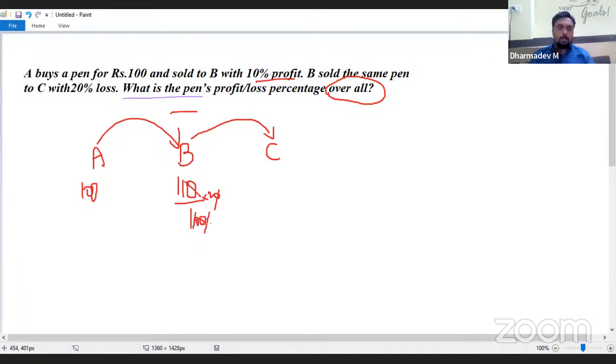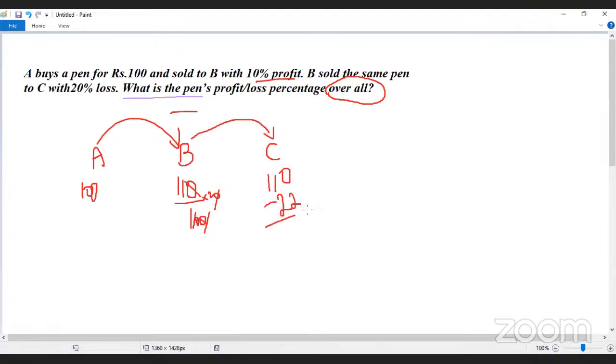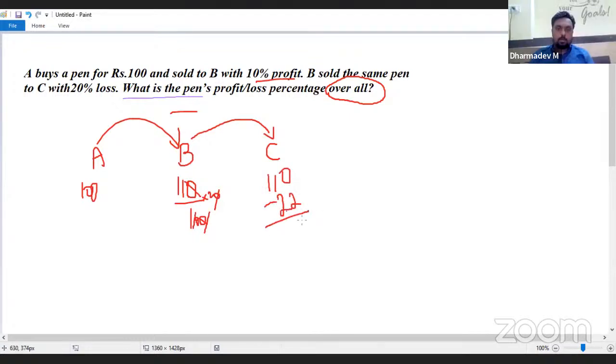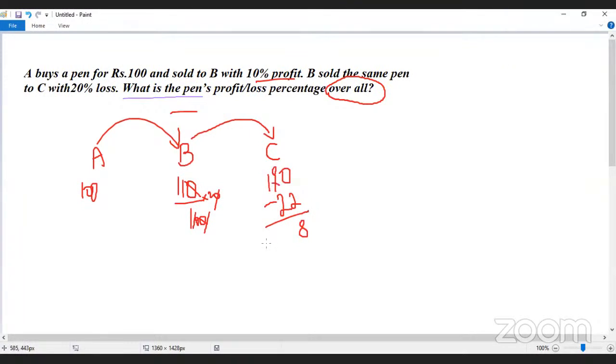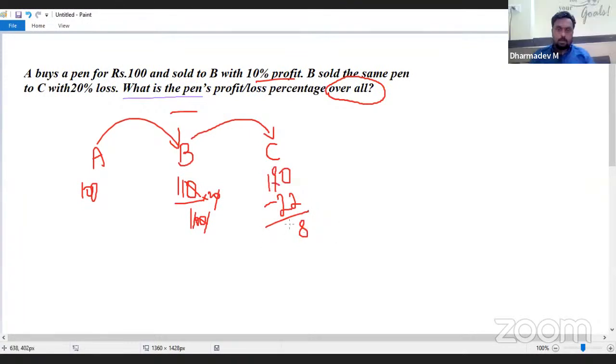So 22 rupees loss means 110 minus 22. He paid only that much. So overall it's going to be 88. So overall loss would be